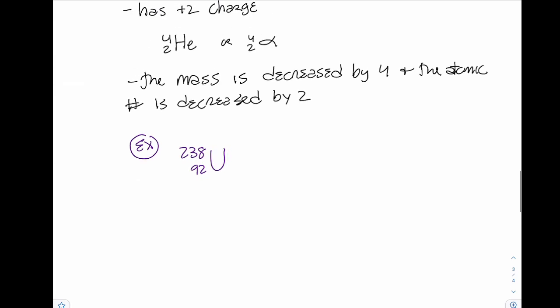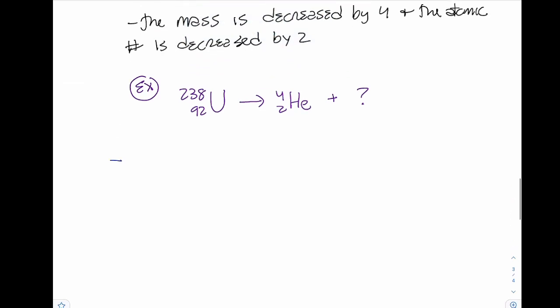And then in this example, it's emitting an alpha particle. So over here as a product, right, it's giving it off, I'm going to draw my alpha particle. And then what we need to do is write the atom that results, or the nucleus that results from that. So when balancing nuclear reactions, which is what we're doing here,